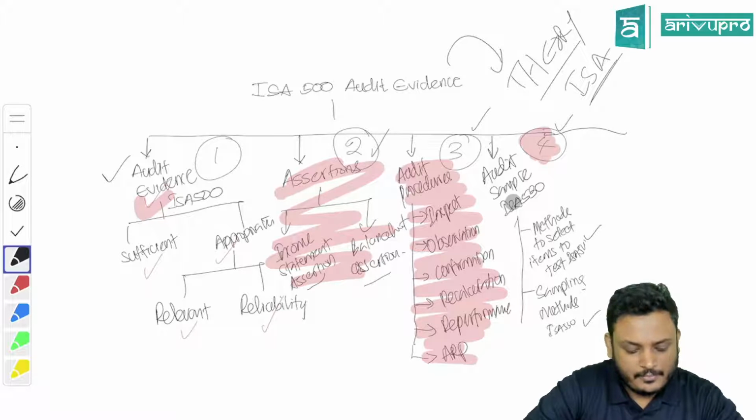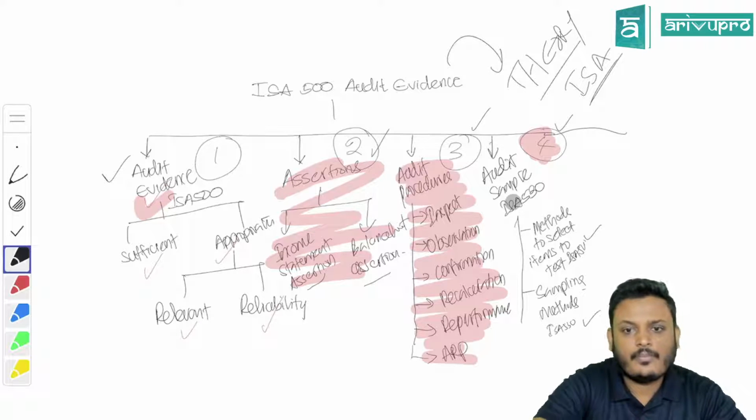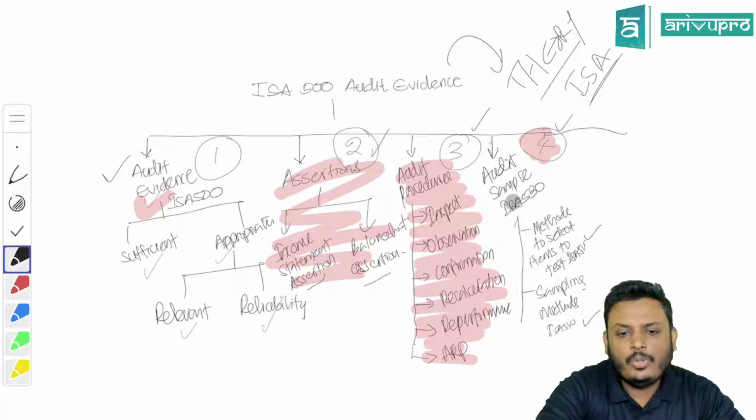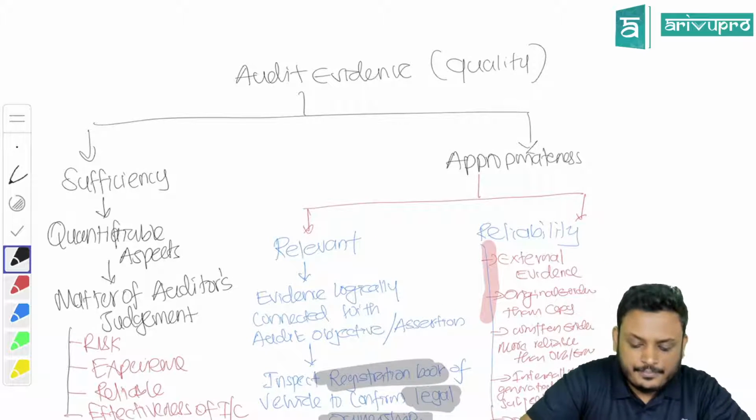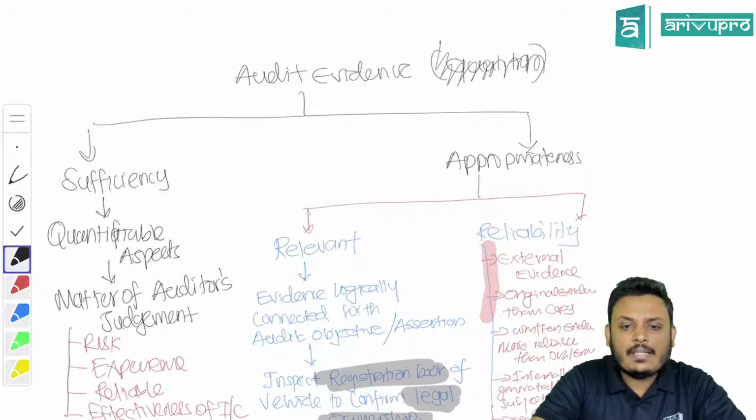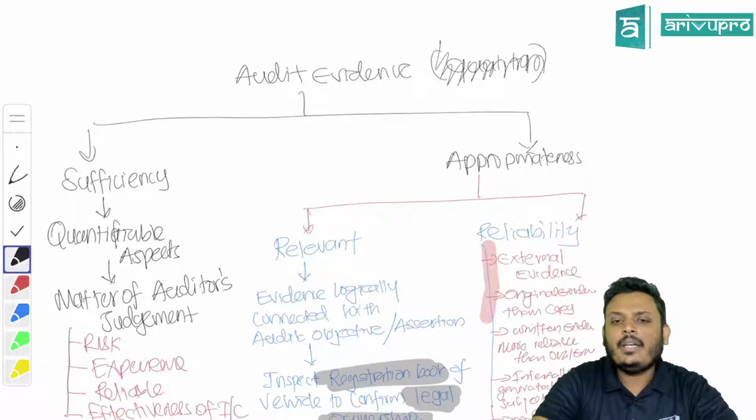Okay. Now, let's move to the first point, called audit evidence, sufficient and appropriate. Sufficient and appropriate. Right. See here. Audit evidence, the standard said,